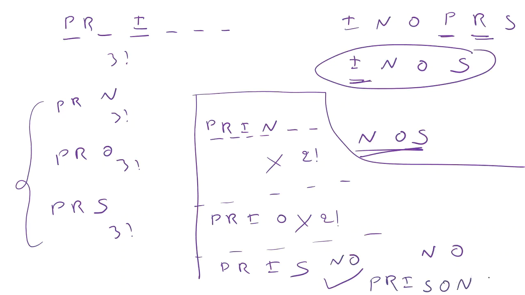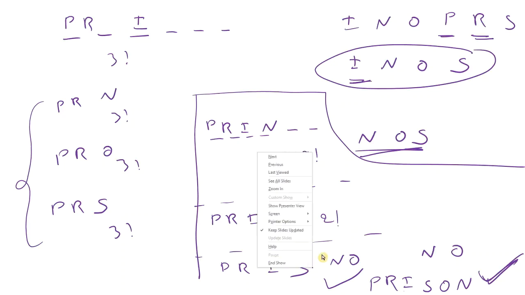So this is my actual word PRISON. So the number of words which are there before this one is 1. So the total number of words which are before PRISON is going to be,